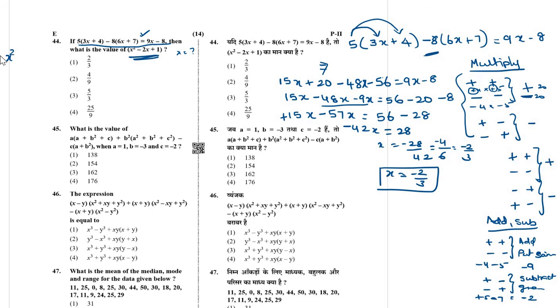Okay, I am writing here x squared minus 2x plus 1. The x value is minus 2 by 3. Therefore, this is the whole square, minus 2 into minus 2 by 3, plus 1. So, 4 by 9 plus 4 by 3 plus 1. So, 9 is the LCM, because the denominators should be the same, then only we can add. So I am multiplying with 3 and 3 to make it into 9. That is 12 plus 9. So the answer is 25 by 9. Okay.